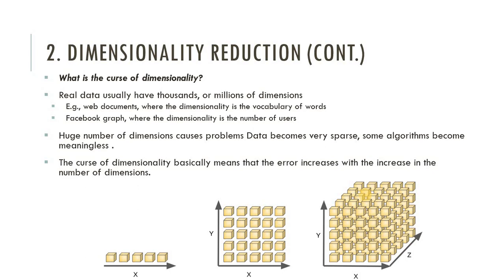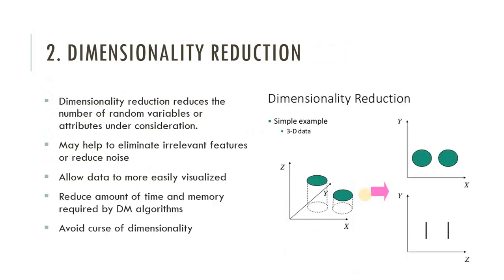So by doing that task, it is possible that some errors occur. Basically, error increases when the dimension is more and decreases when the dimension is less. So the curse of dimensionality is that if the dimension is increased, then the error is also increased. That is all about the curse of dimensionality. Now we know what the curse of dimensionality is, so let's move on to dimensionality reduction.